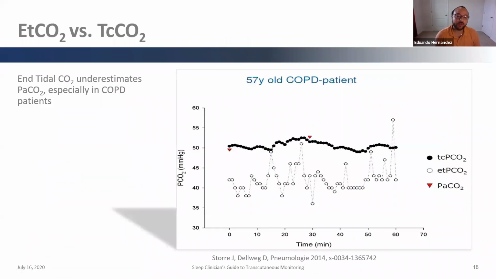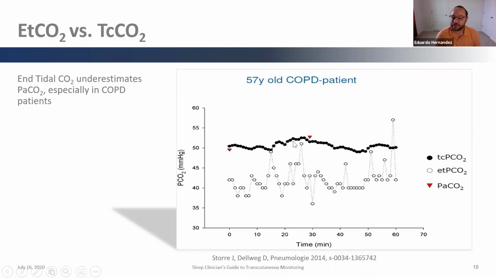So that's been proven. What we just talked about, these VQ mismatches, have been proven with a couple of studies. Now, this study was done by Storr, in a 57-year-old COPD patient. There are about 3 different values that we're monitoring here. All 3 are for CO2, but that solid black line is the